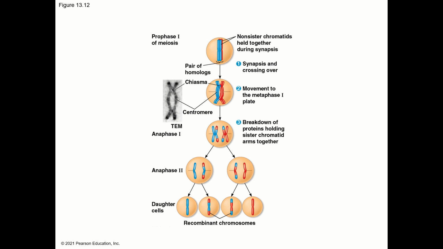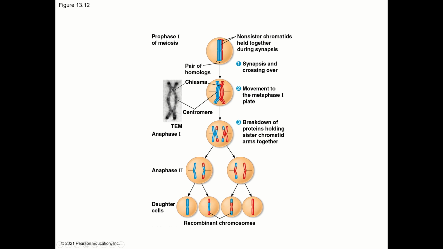Movement to metaphase 1 plate occurs, and then as seen in anaphase 1, there's a breakdown of protein holding the sister chromatid arms together. However, due to the binding of the chiasmata, we see here that there was some crossing over, where, for anyone who's colorblind, this side was just red and this side was just blue, but now the blue side has a little bit of red that crossed over, and the red side has a little bit of blue that crossed over,